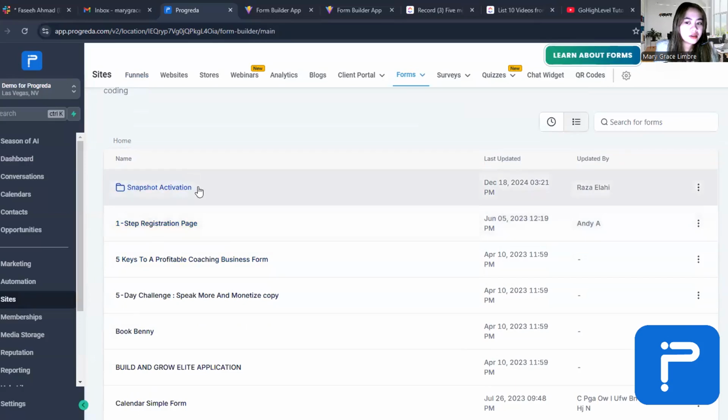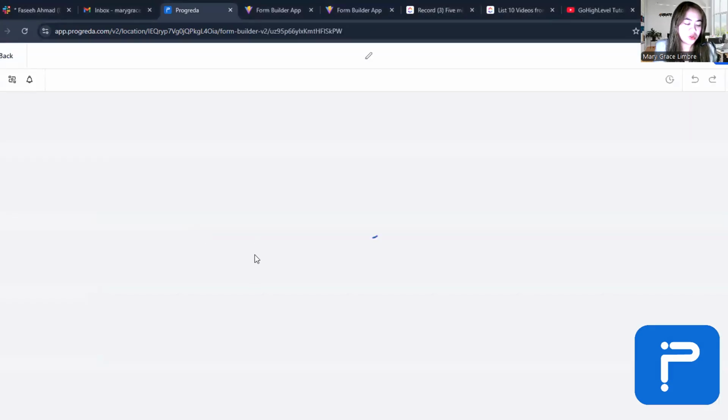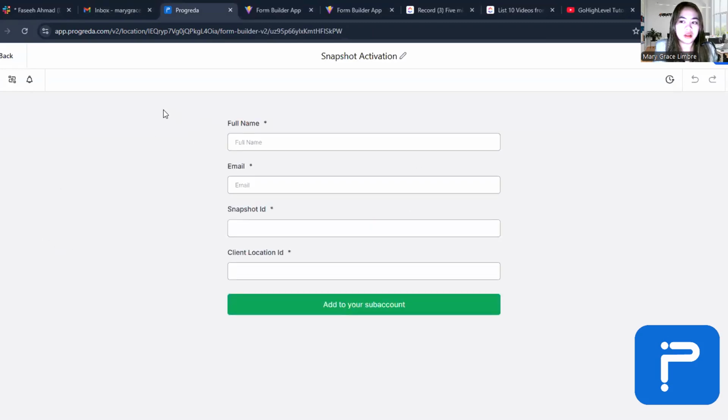So let's say for this one, snapshot form. Let's just say this is like a new registration form. So this is how it's going to look when previewed on a site. So it will get the lead's full name, email, and their information. So let's say once the lead has submitted a form,